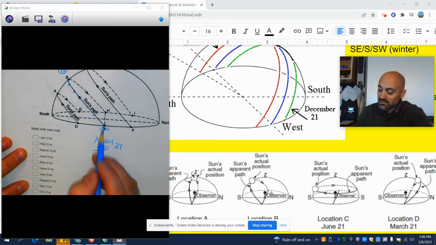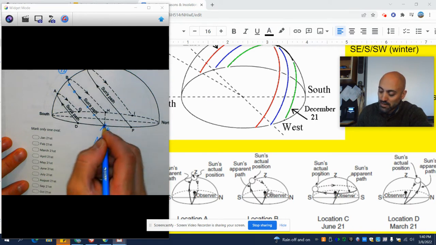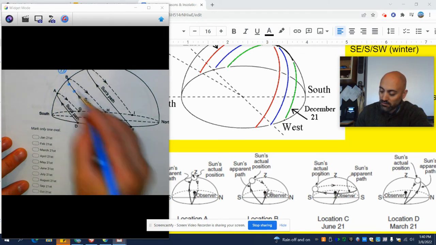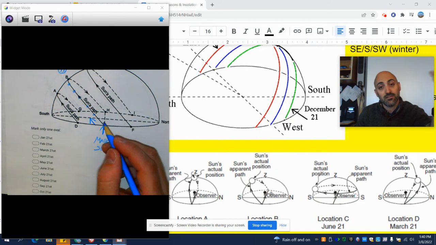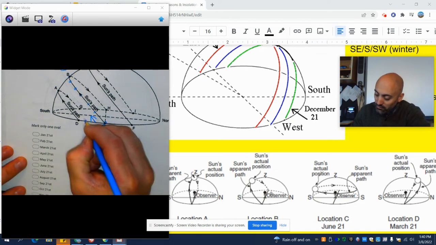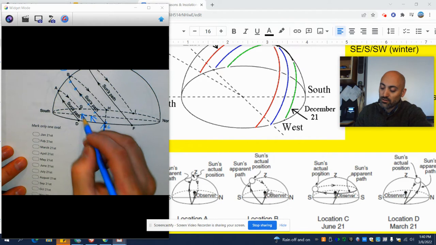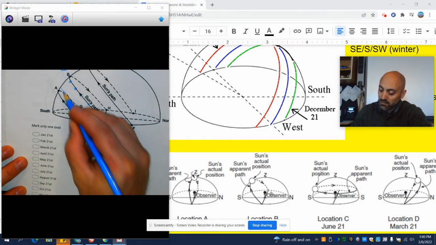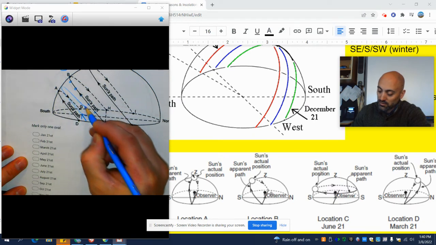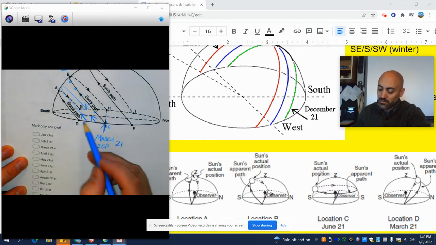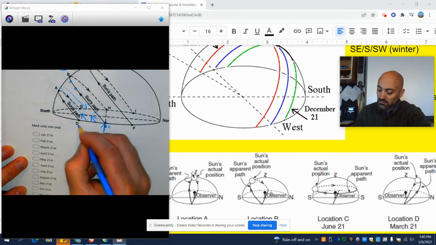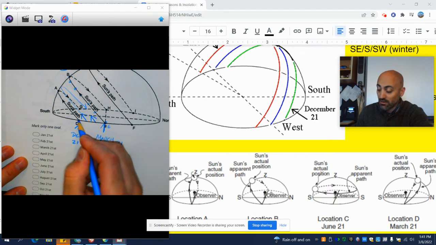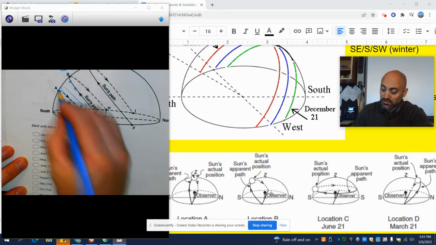Okay, now let's say this is September. October, the path of the sun is going to be about there, and it's going to go up and back down. It's a little bit shorter of a path. The days are getting shorter. November, the days are getting even shorter in November. The sun path is always going to be a parallel line, okay? But in the November path, it would look something like that. See how that's parallel to the next one, which would be December. December 21st, shortest path of the year, shortest day of the year, lowest sun of the year.